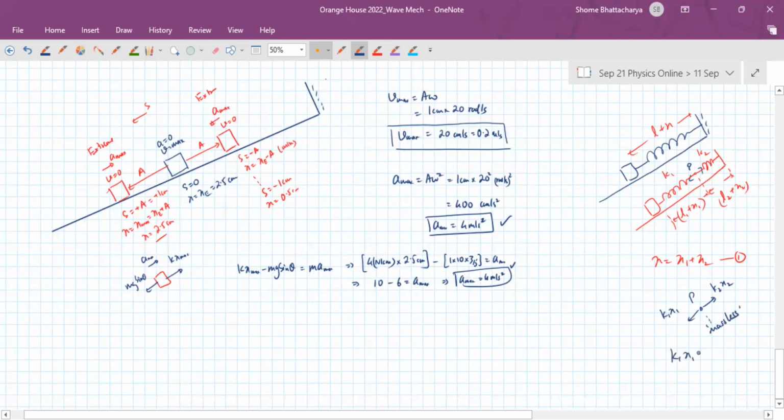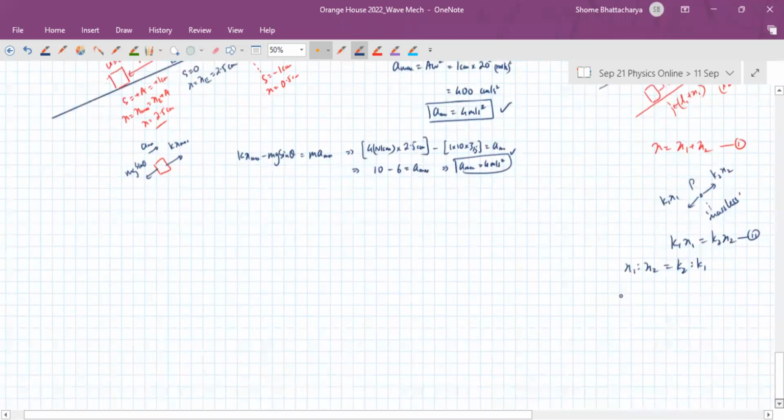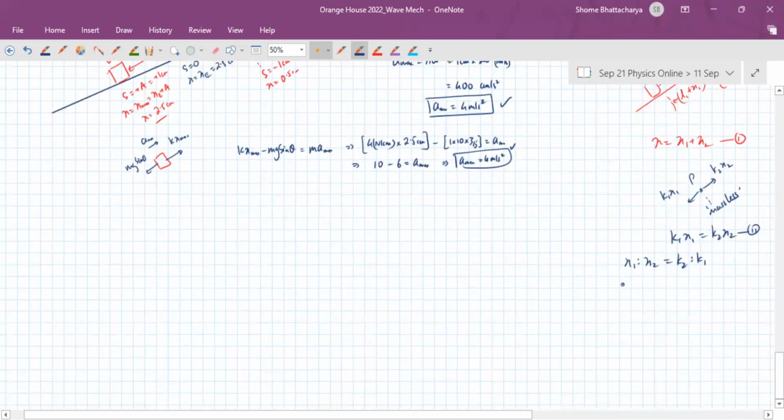So K1 X1 must be equal to K2 X2. Or from this you can see that X1 is to X2 is K2 is to K1. Okay. So combining this equation plus this one, you can see that X1 at any point of time will be K2 upon K1 plus K2 into X, and X2 at any point of time